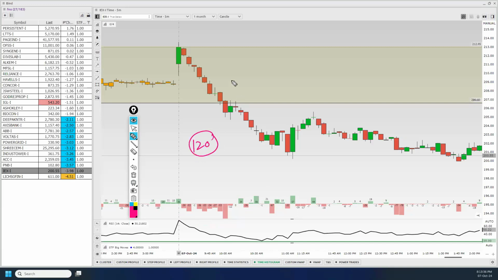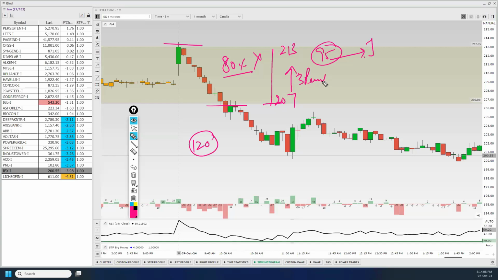See, as a cash trader, you can short here. Stop loss is here. Your probability of winning is 80%. With a simple jackpot candle, your probability of winning is 80%. But I don't want 80%. I want 95% probability. When I'm looking for 95% probability, I also need one more parameter: my stop loss. I don't want to give 207 to 213. So basically, I'm giving approximately a 3% stop loss here. I don't want to give that.